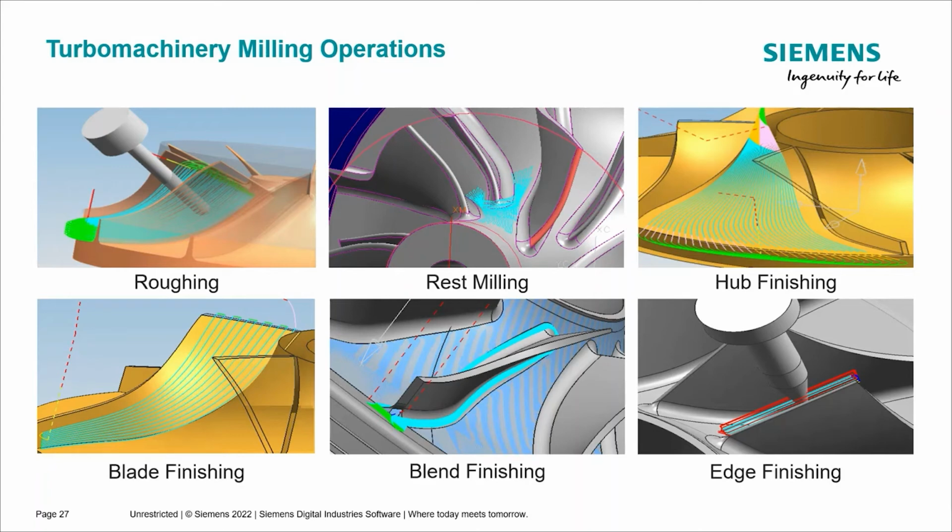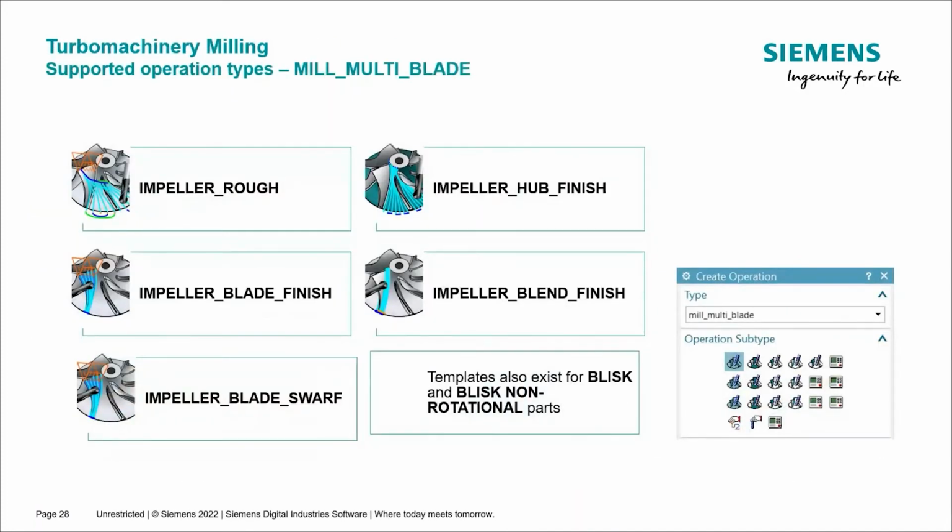There's hub finishing. That is finishing the floor down between the blades. And then you've got your blade finishing the walls of the blades. You've got your blend radius down at the bottom, finishing that. And then you're doing your edge finishing out on the shroud, out on the outer edge. And those are all different operation types that actually show up in the multi-blade